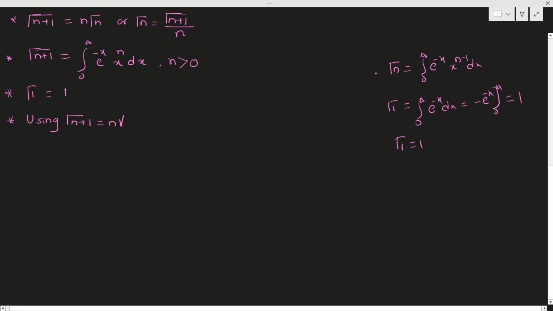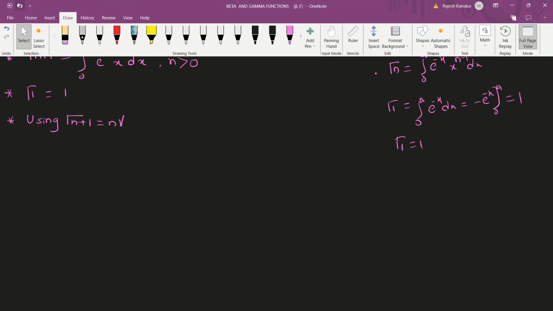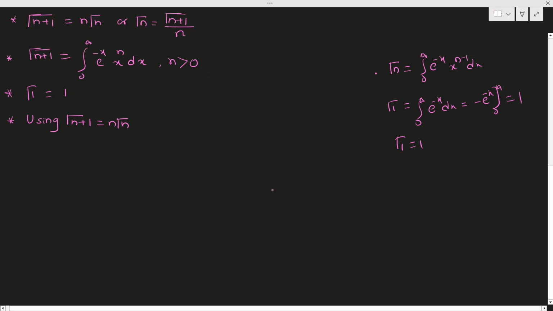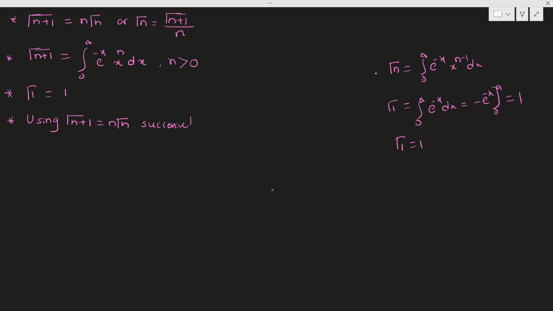How we got this, I have written on the right side. Put n equal to 1 in gamma n and integrate, you will get 1. Okay. Now using gamma n plus 1 equal to n into gamma n successively,